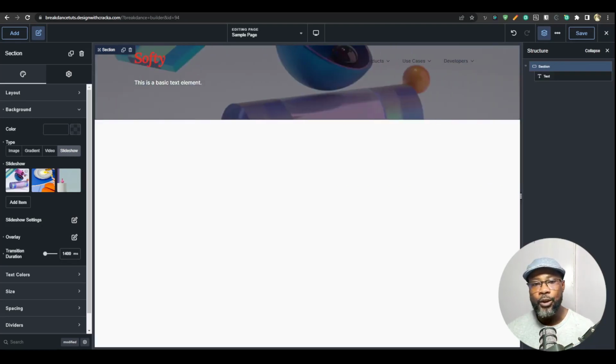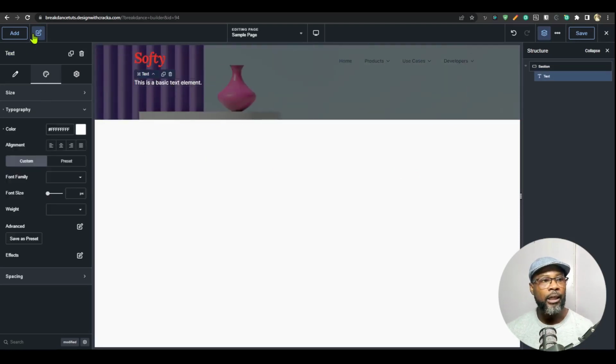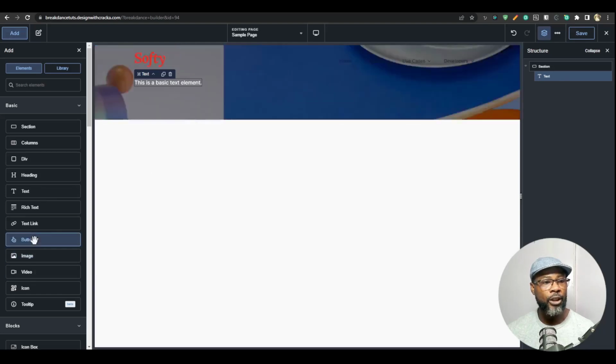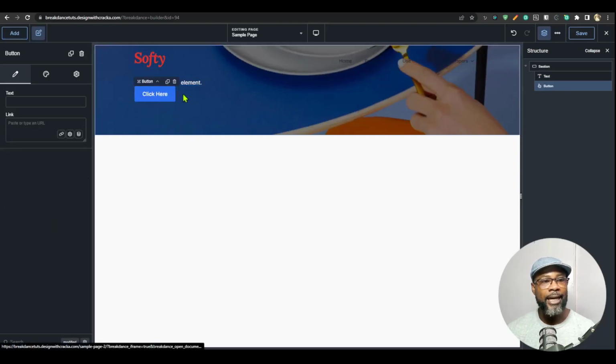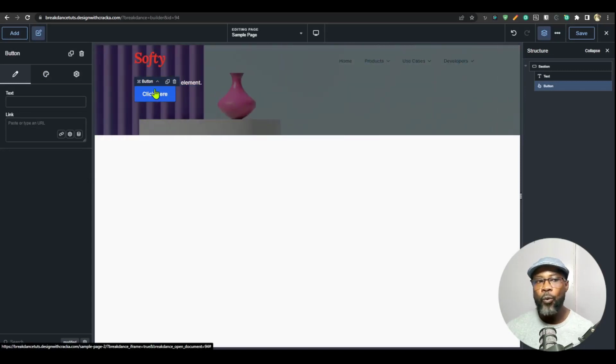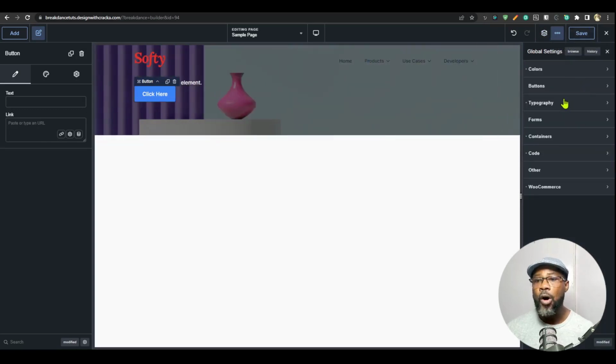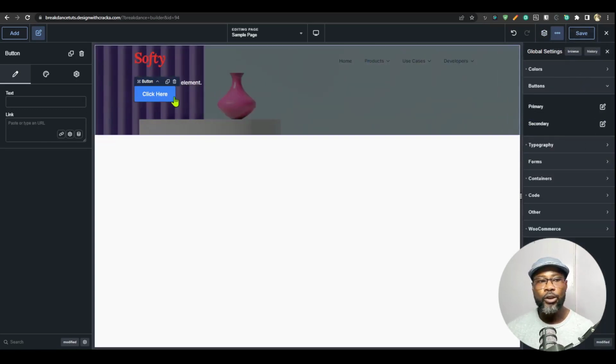Tip number 7, you can increase the width of a button in the global settings. So this has been something that a couple of people have asked. How do you change the button width? So by default, your button is like that, okay? And you want to make your buttons a little bit wider, all the buttons. So all you need to do is go to the global settings. Of course, it's advisable to always use the global settings,